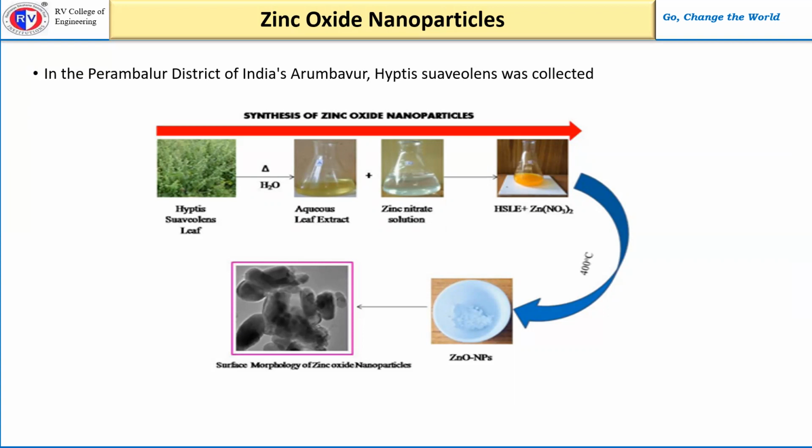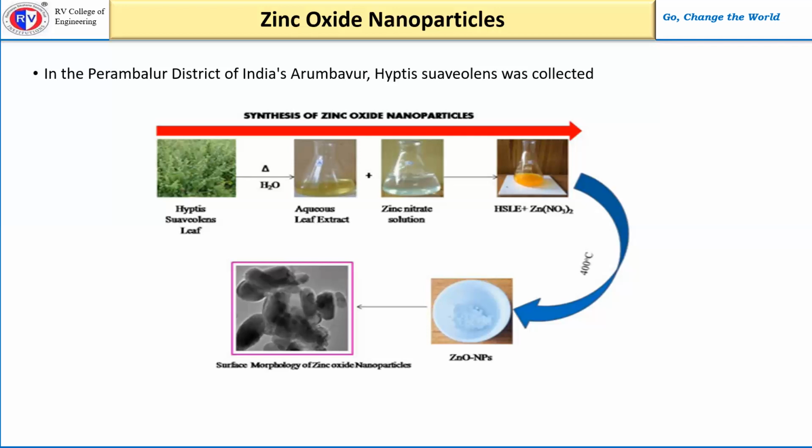then fresh leaf pieces were extracted in a reflux condenser for about half an hour, and the extract was cooled. Then the solution was filtered using filter paper like Whatman paper, and the gathered filtrate was stored in the fridge for later use. So zinc nitrate solution was added in the ratio 1:4 to the prepared leaf extract,